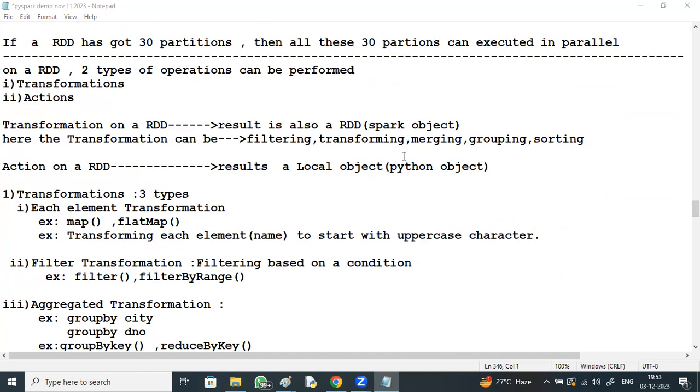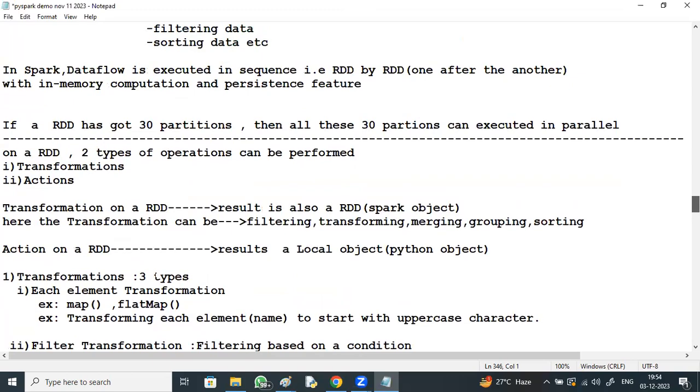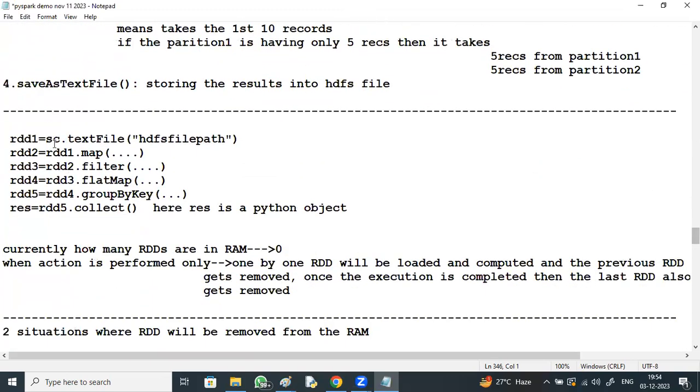So how to create an RDD? Three ways are there, which I'll be discussing. The first way: whenever you're loading a file, then an RDD is created. That is one way. The second way: once you have a Python object, you can convert it